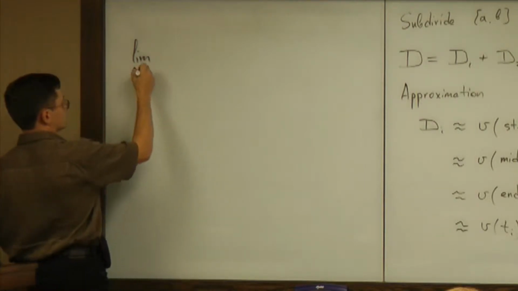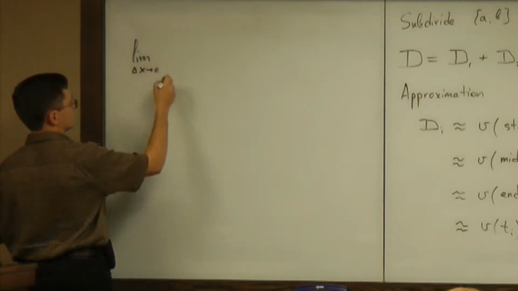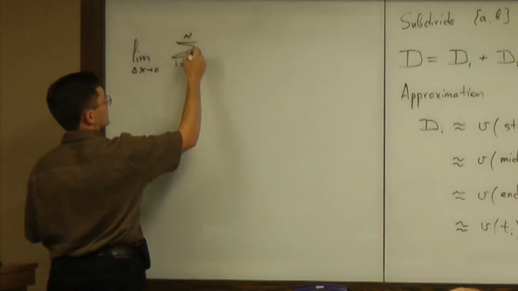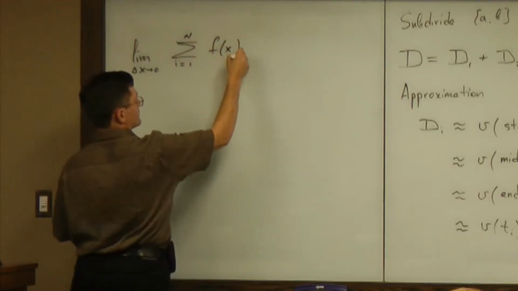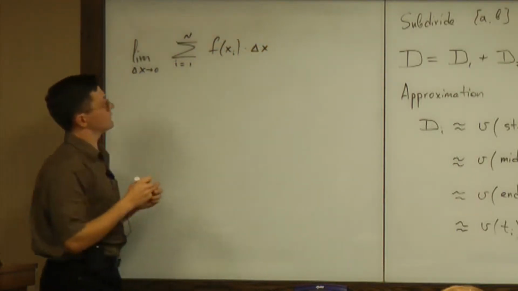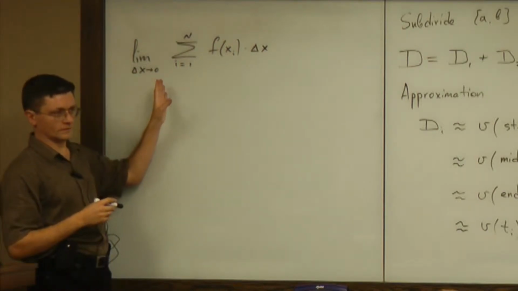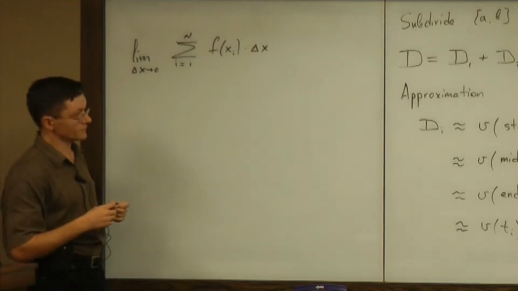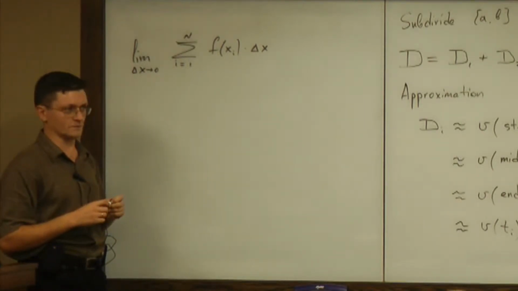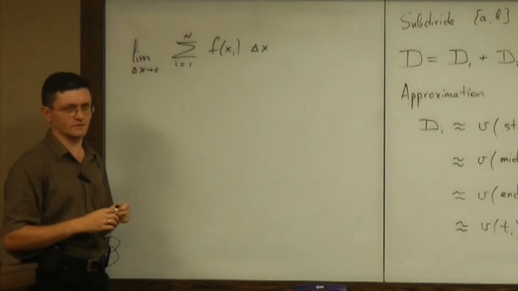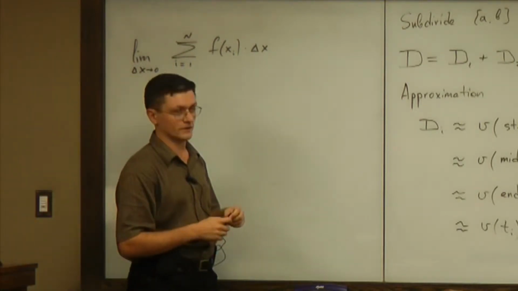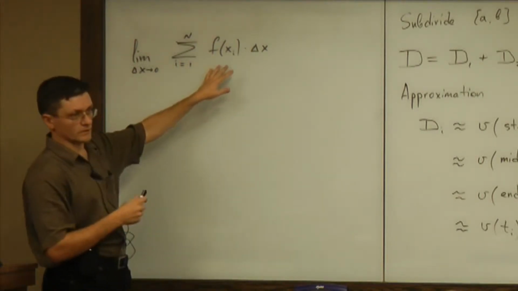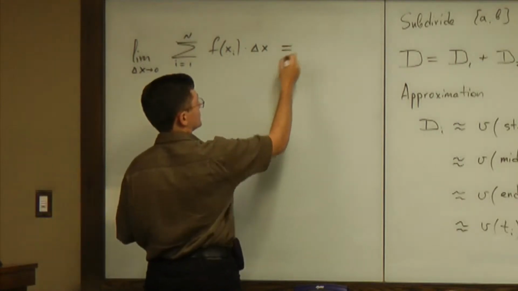The limit as delta x goes to 0 of the sums from 1 to n of f of xi times delta x. So that's important, right? Why? Well, because we saw it already twice in different areas, and we will see it a couple of dozens times during the rest of semester, repeating all kind of different things about physics, about mechanics. So we will have to deal with this, and at this point all we do is we give it